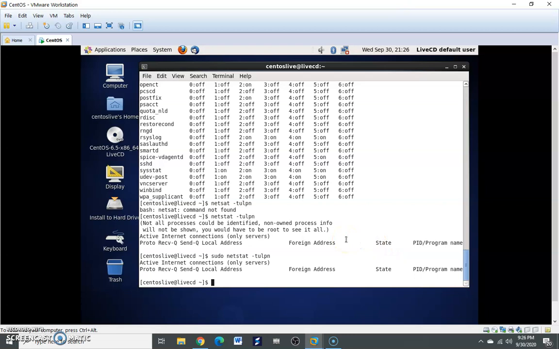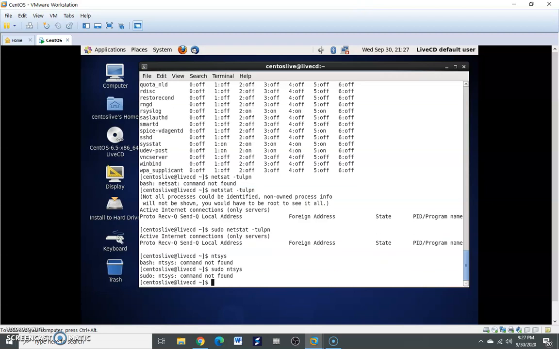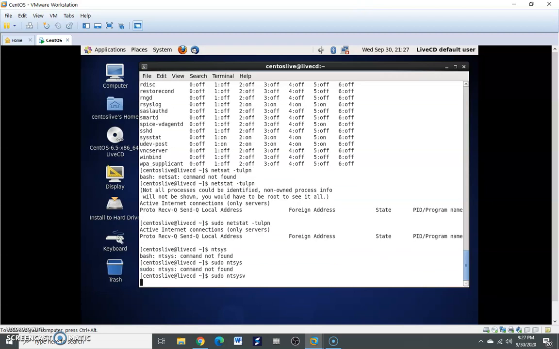So here we can use various run levels, meaning run level 0, run level 1, run level 2, to select the services to run. So here we'll use ntsysv with sudo.